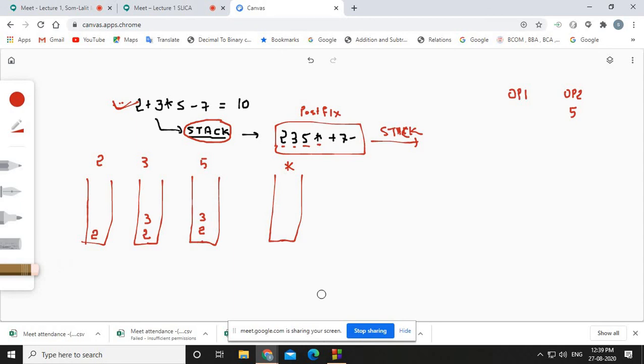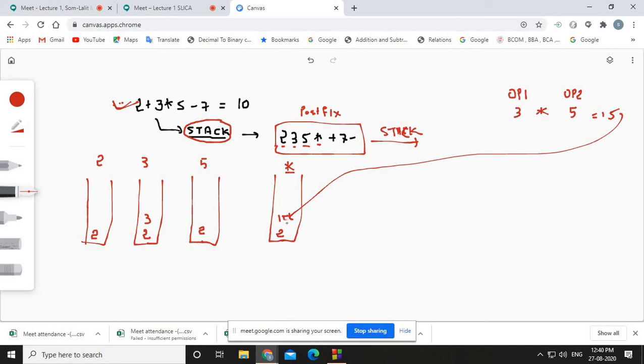Another pop, so 3 will be removed. Which operator? It is multiplication. So what is 3 into 5? 15. So 15 will be pushed into the stack.